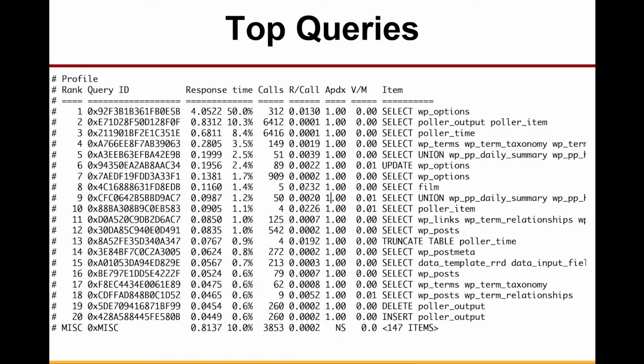Okay, so the next thing which is very valuable, I believe, is a profile which lists the queries sorted by how much load they cause on the system. And you can see in this case that it's not the most frequent queries which cause the majority of the load on the system, and may not even be the slowest one, right? You can see that query number 1, for example, is very fast, with response time less than 1 millisecond, but it still accounts for 10%. This allows us to really understand what queries you want to focus on if you want to optimize the system, especially in terms of